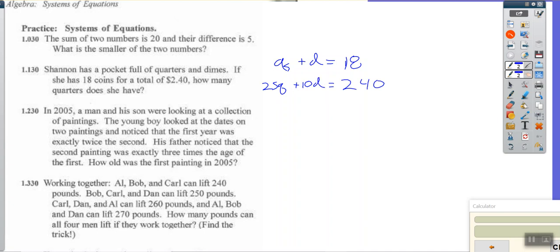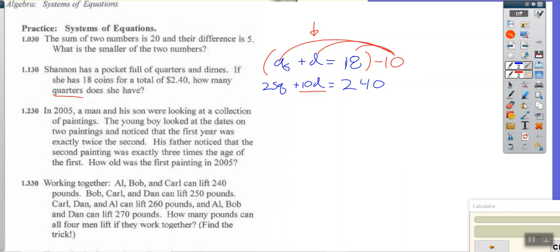All right. Now in this case, I don't already have opposites, so I'm going to have to multiply one of the two equations by a number. I can pick any number I want, but I want to pick a number that's going to get me opposites. It already tells me that I want to know how many quarters. I don't care how many dimes, just how many quarters. So to keep the quarters, I want the dimes to be opposites. So what's the opposite of 10D? Negative 10D. Well, that means I need to multiply the top equation by negative 10,